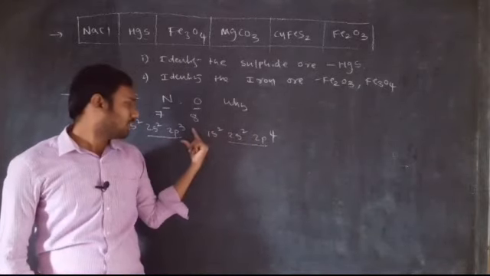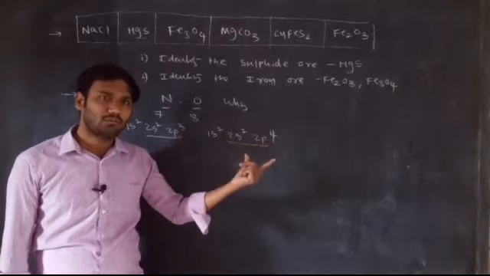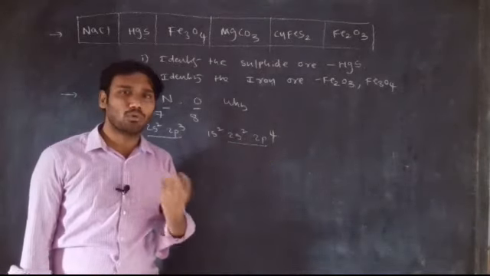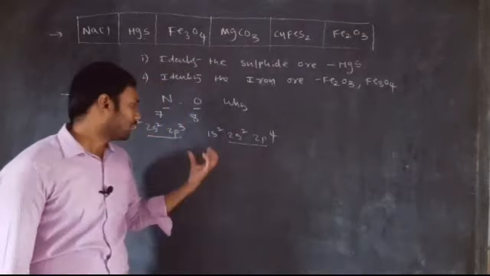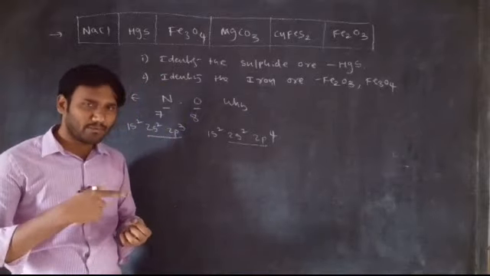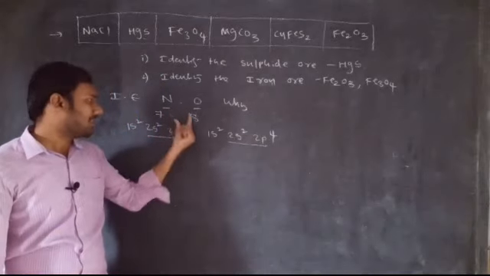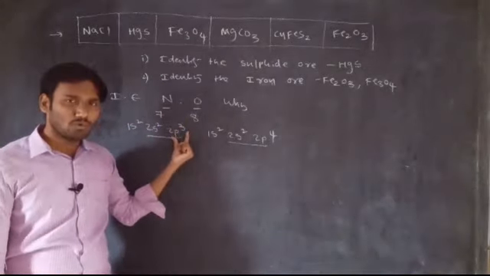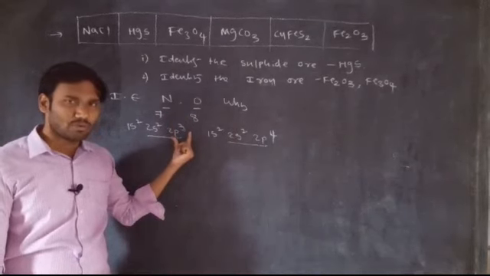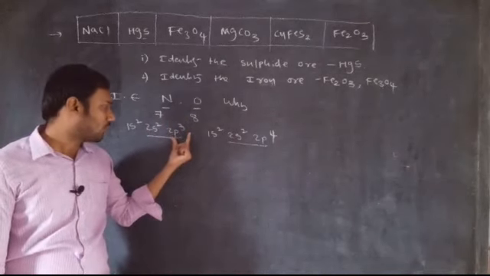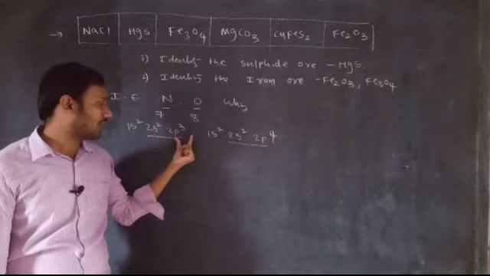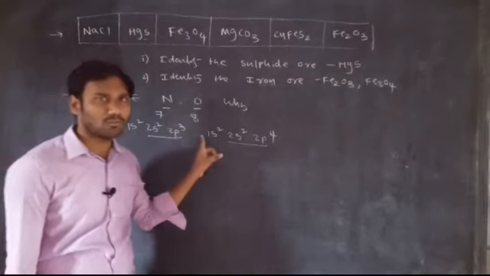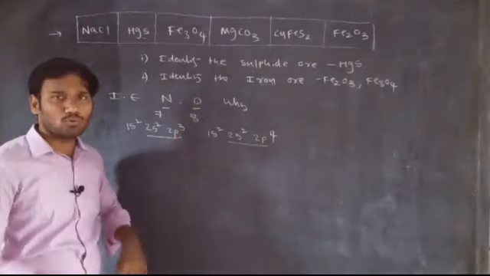So we cannot say this is a half-filled configuration. Now, half-filled and fully filled configurations of elements are very stable. From that, if you want to remove an electron, more energy is required. Based on that reason, nitrogen is more stable in this configuration. From this stable configuration, if you want to remove the electron, we have to apply very much energy, because no atom is ready to lose its stability.